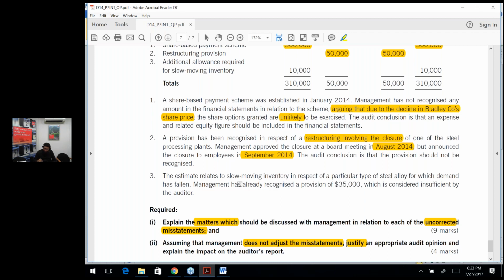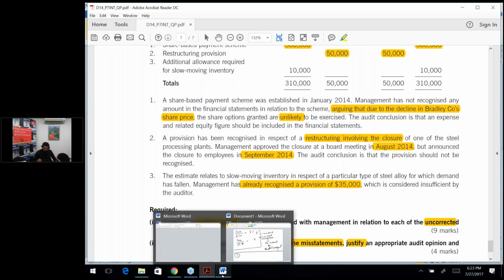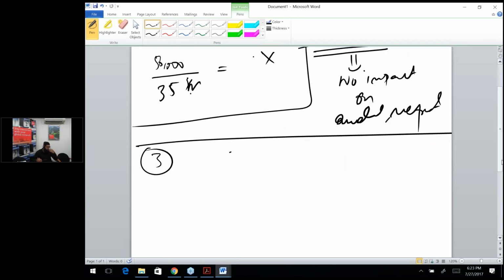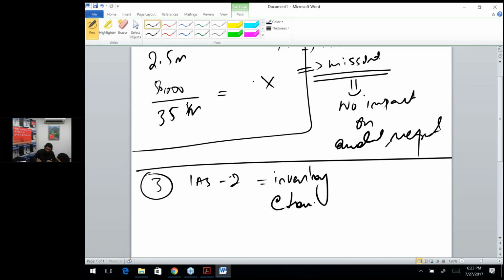Management has already recognized a provision of 35,000 which is considered insufficient by the auditor. So how exactly are we going to deal with this scenario? The simple thing is we are going to say that IAS 2 states that inventory should be recorded at the lower of